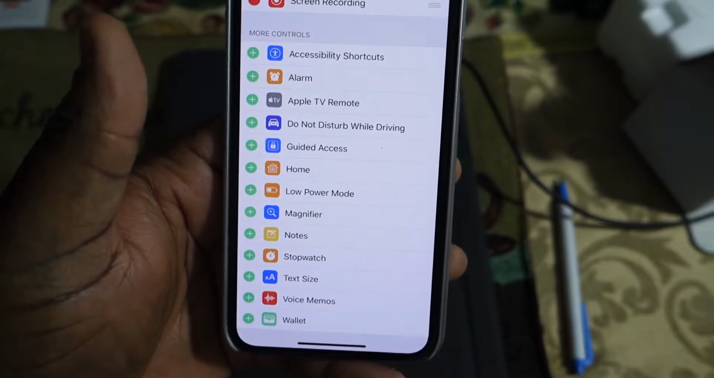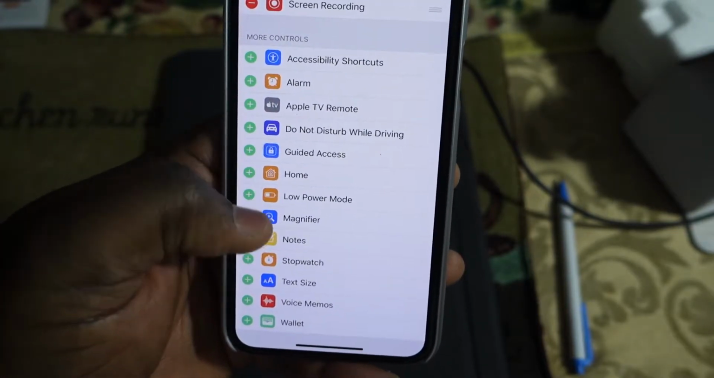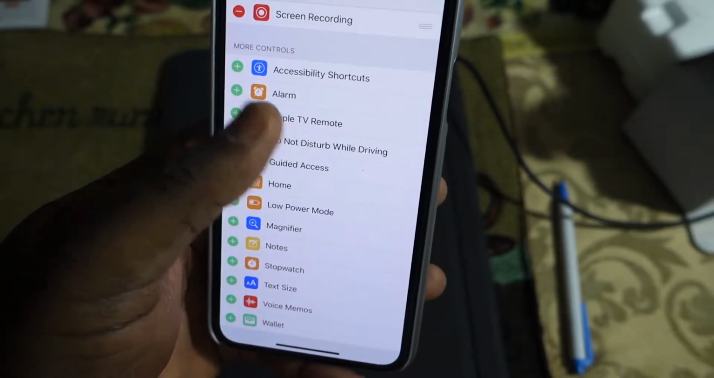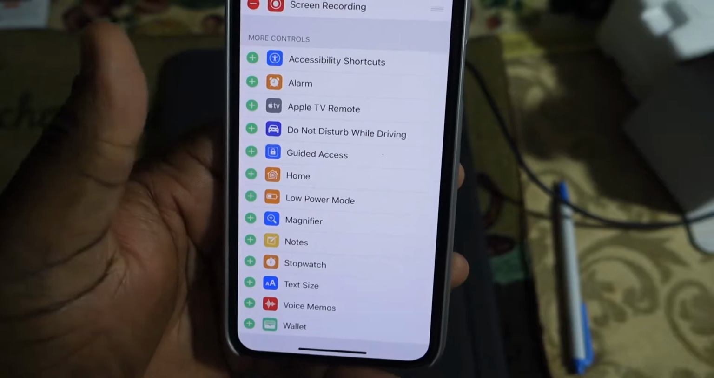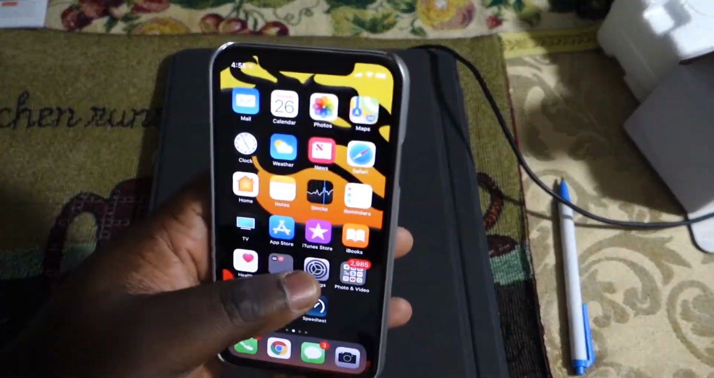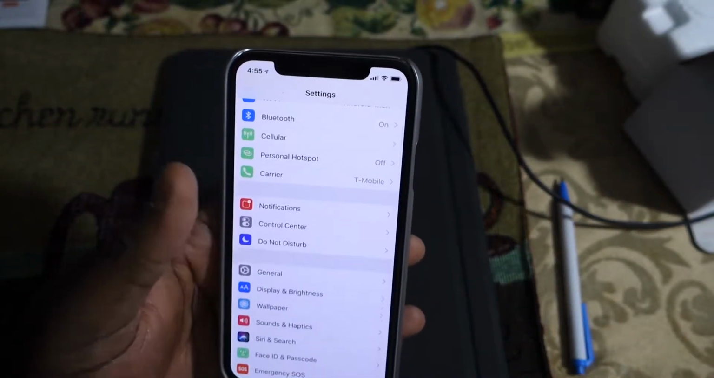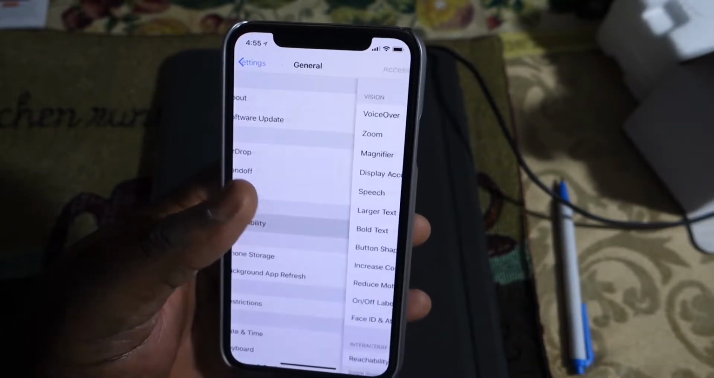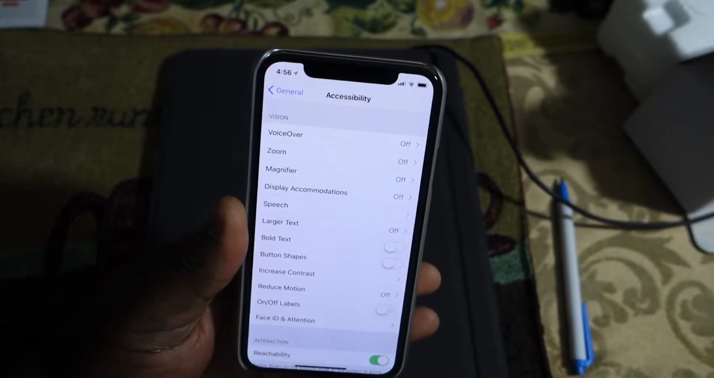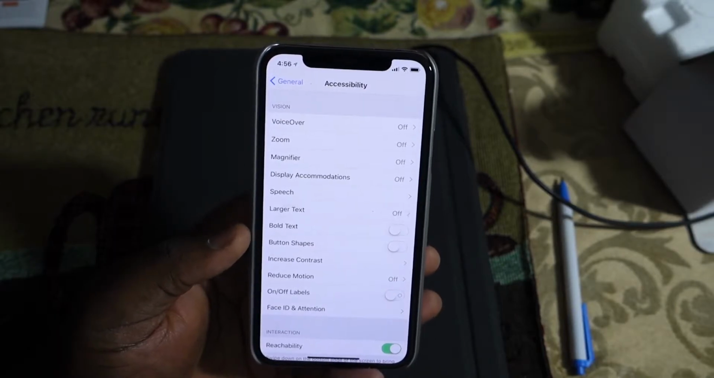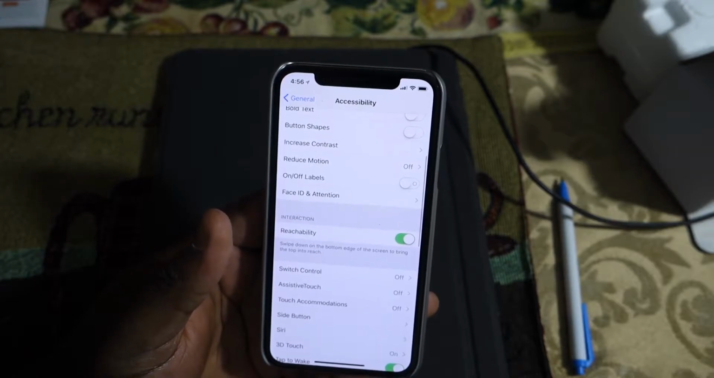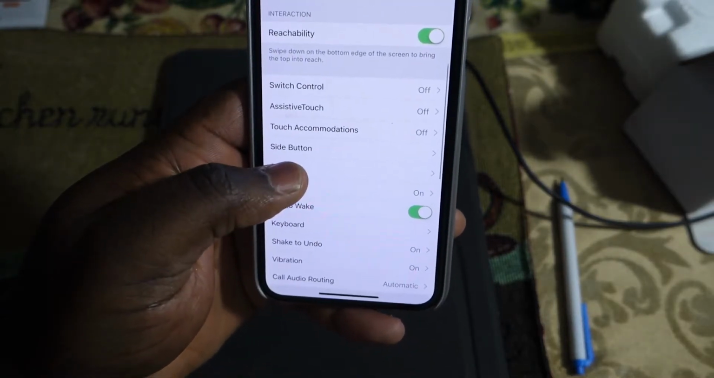And you can also customize this for anything else that you want. Your alarms, your Apple HomeKit, the Apple TV remote, wallet, whatever else you want to put. Type to Siri. So you do have an option. Once again, this is also in your accessibility menu here. So you can even have Siri where you can type to Siri, where you don't necessarily need to talk to Siri. So once you go to your accessibility menu, you're going to go ahead and select Siri,